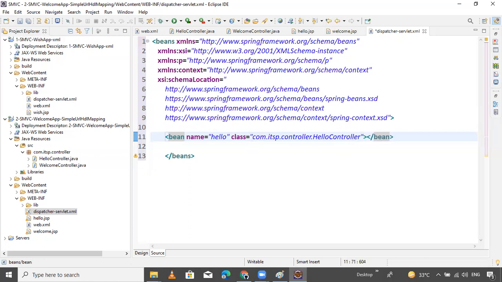That's it, and close it. One more controller is there. What is the name of the file? The name is welcome.